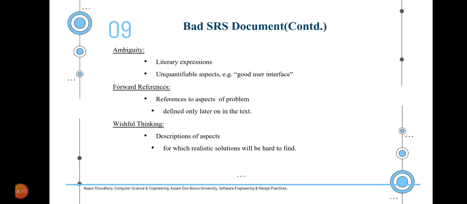And the third one is wishful thinking. Wishful thinking pertains to descriptions of aspects for which realistic solutions will be hard to find. Now it might be so that while in discussion the customer comes up with a very absurd feature or a feature that cannot be implemented. However, the customer is fully confident that he needs that particular feature, and even on discussion the matter does not get solved.